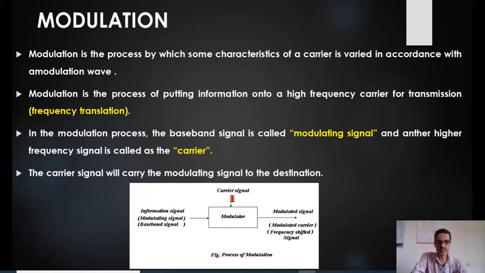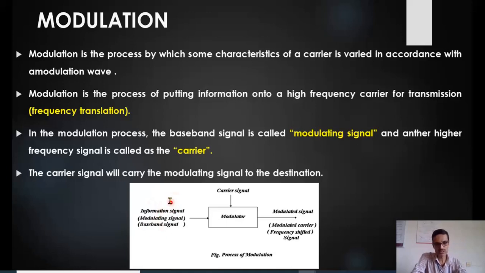The second signal given is the carrier signal, which is a high frequency signal. Usually the information signal is a low frequency signal, and I'll give you examples later. The carrier is usually a high frequency signal. So we give both signals to the modulator, and in modulation, as I told earlier, we actually change something. What exactly we change is the amplitude or the frequency or the phase of this carrier signal, proportional to the amplitude variation happening in the message signal.